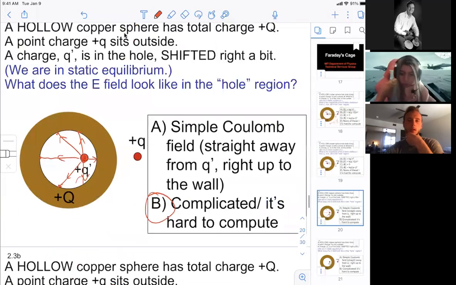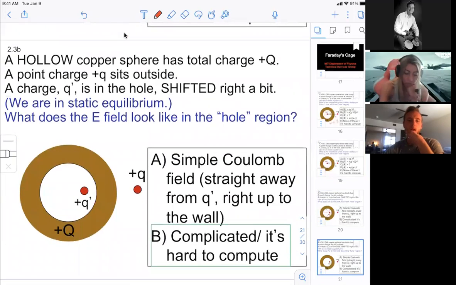But if I move things away from the center, what's happening now is the inside is still negatively charged, but it's not going to be uniform anymore. So I'm going to have more negatives on the right-hand side than the left-hand side, because my charge generates a stronger field on the right-hand side that is closer to the surface. So more negatives on the right-hand side, less negatives on the left-hand side, and the outside